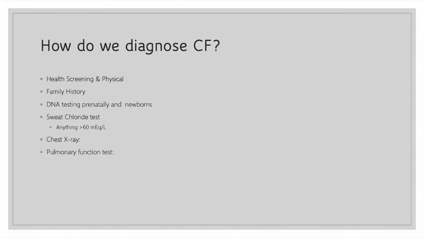And basically what this does is it just helps determine the carrier status of the parents and see if the infant is at risk or could be suspected to have cystic fibrosis. They could also perform a sweat chloride test, and as the name implies, it's going to measure how much chloride is inside the sweat, because like I said in the slide before, they're going to have increased chloride secretion. So typically when they do this test, anything that's greater than 60 milliequivalents is a pretty standardized and surefire diagnosis